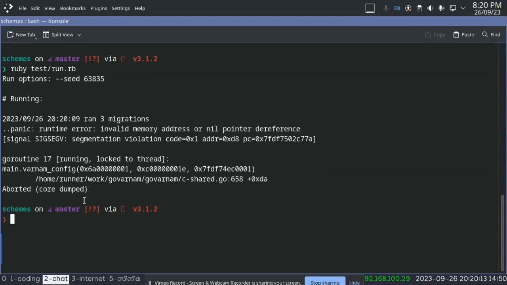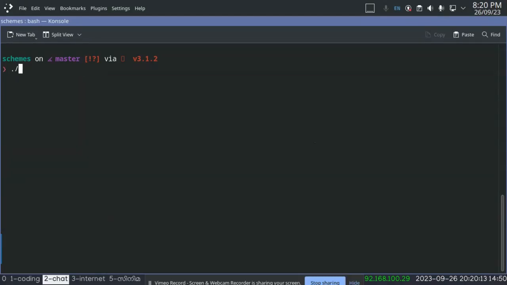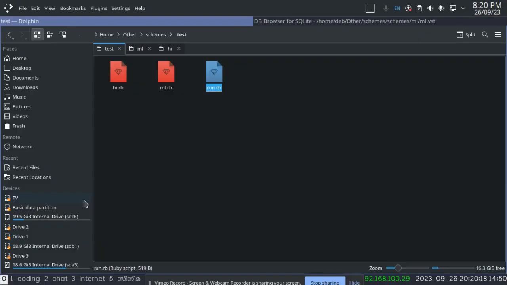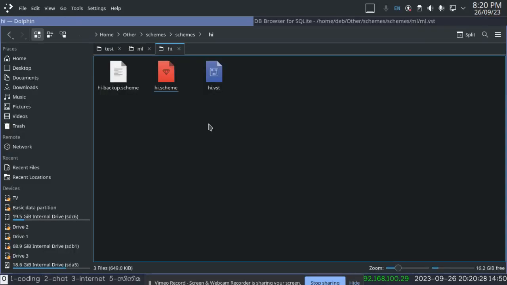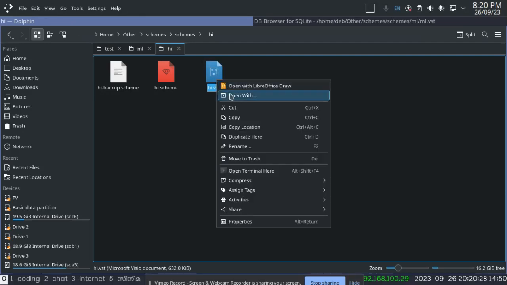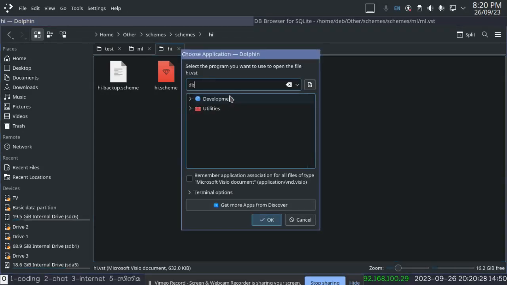Oh wait, I didn't compile Hindi. Okay, so we need to compile the Hindi scheme as well. Previously I did it for Malayalam. I'm going to compile Hindi. So you can see that this is the folder now. We have VS, but there's nothing there. I'm going to compile Hindi. There we go. It's compiled. Now if I open this file with DB Browser for SQLite,